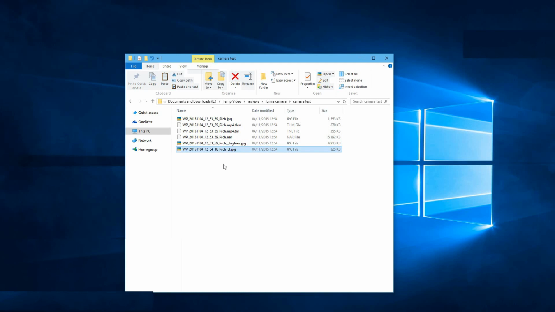This must be a bug. It's supposed to be a 16 megapixel image. Unfortunately, that doesn't seem to be the case. So we're going to go now and have a look at the difference in quality between the different images using